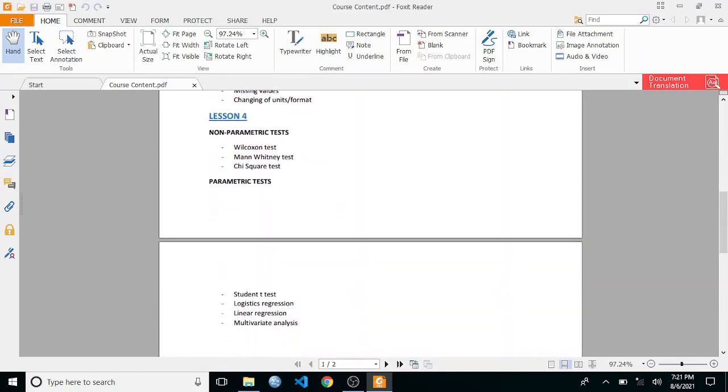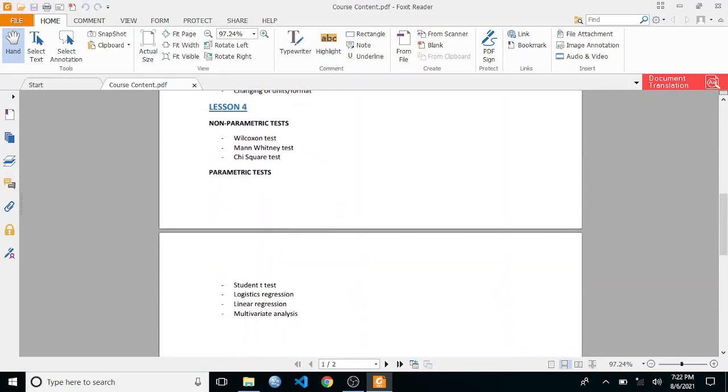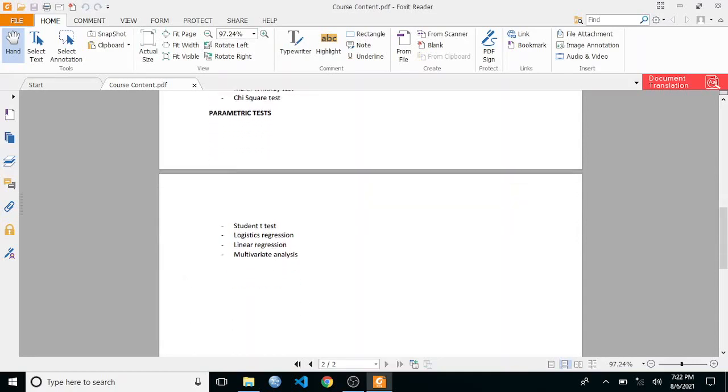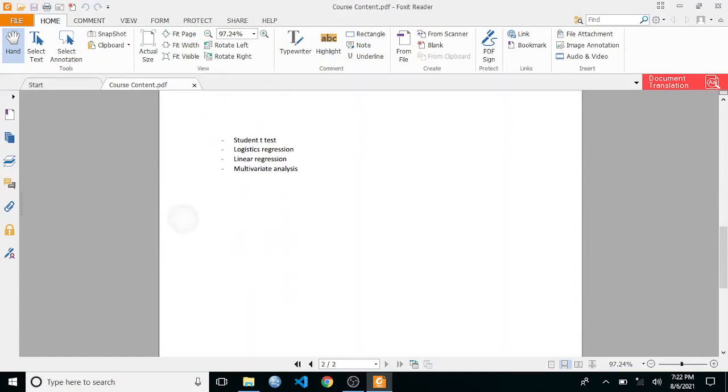In lesson 4, we will dive into statistics, and we will do non-parametric tests such as the Wilcoxon test, the Mann-Whitney test, the chi-square test. What are these tests, and when should you use them, and how do you interpret their results? And we will round up with parametric tests such as the student t-test, logistic regression, linear regression, multivariate analysis, multiple linear regression, and